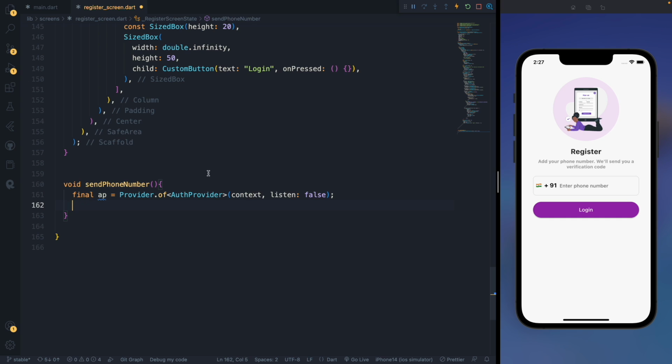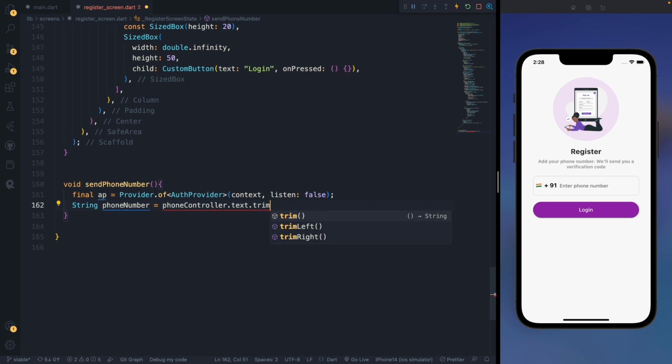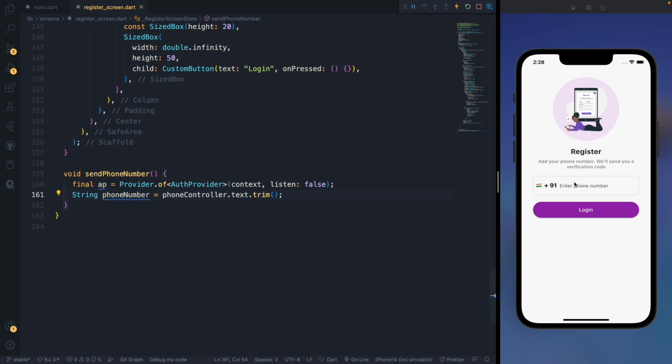Now if you see, we need to provide the phone number, so that can be something like phone controller.text.trim, because we want to remove any white space. Let's say I enter 1 2 3 and then I start doing like that, or even if I provide this many white spaces, so if you see the length is more than 9 because we have this many white spaces here. So I want to trim all of that, and then we need to go to our auth provider, and